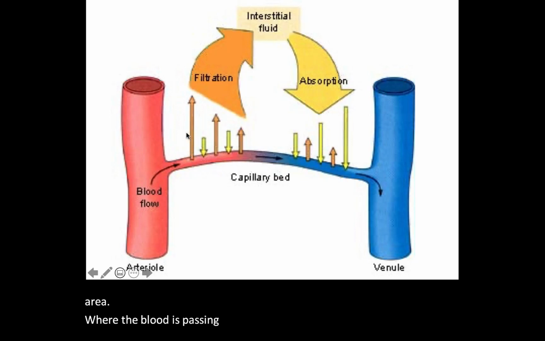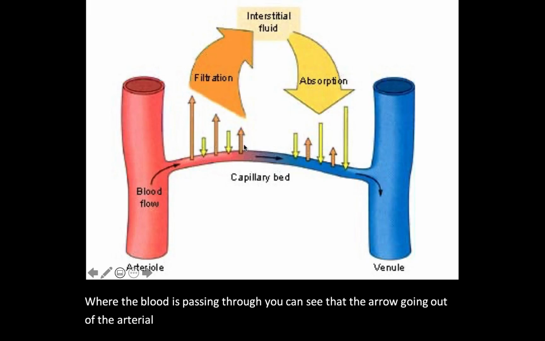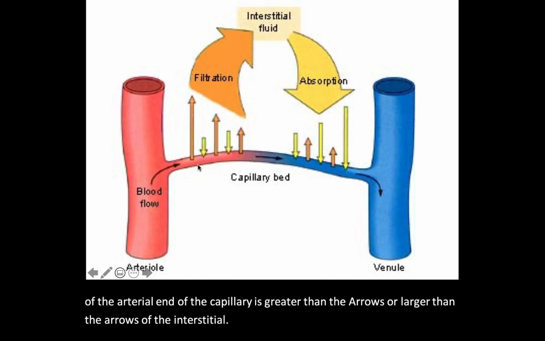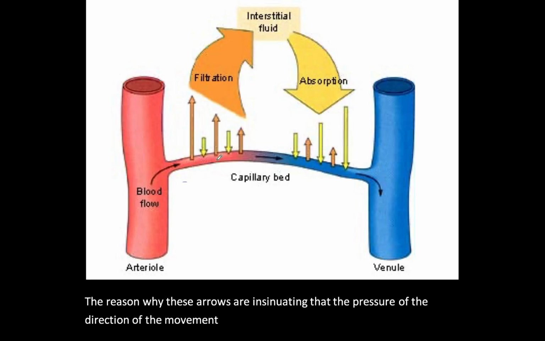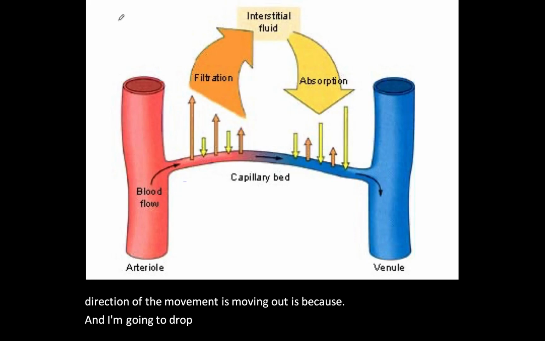You can see that the arrow going out of the arterial end of the capillary is greater than, or larger than, the arrows of the interstitial fluid moving into the capillaries. All right? The reason why these arrows are insinuating that the direction of the movement is moving out is because, I'm going to jot this up here,